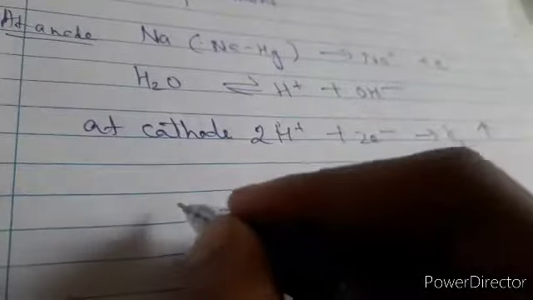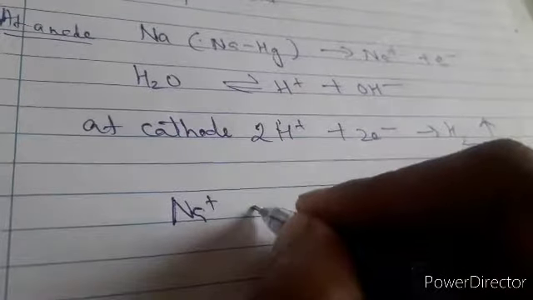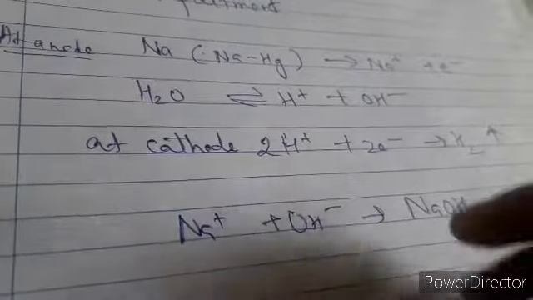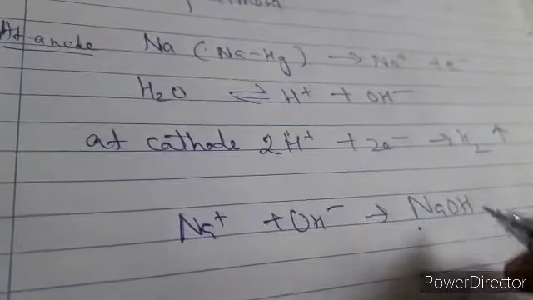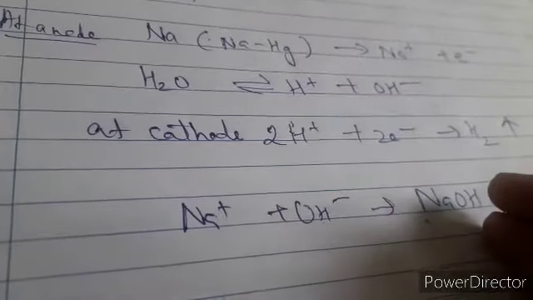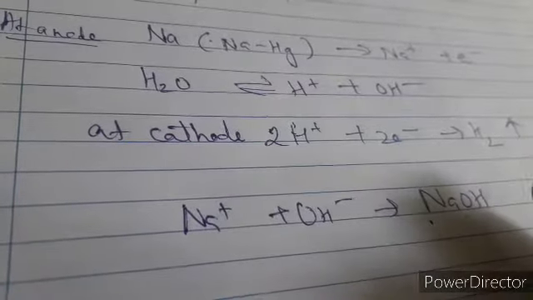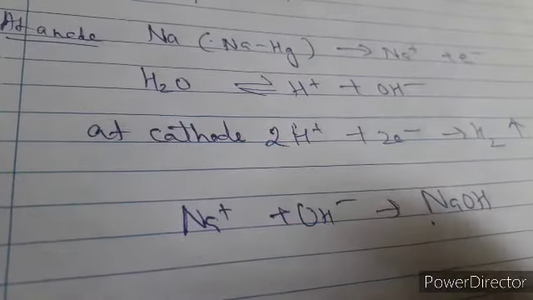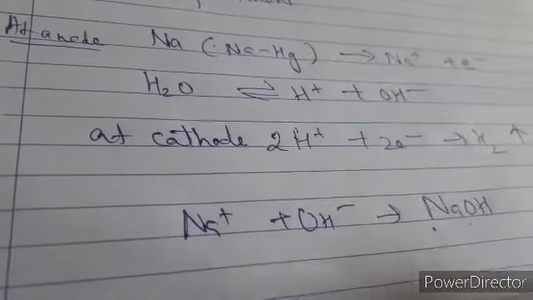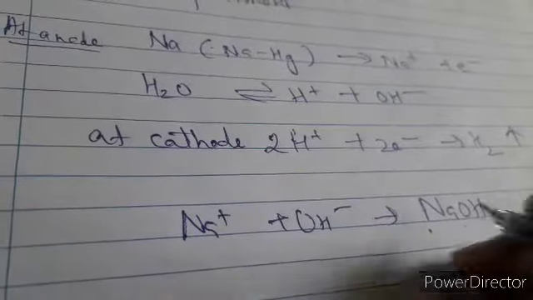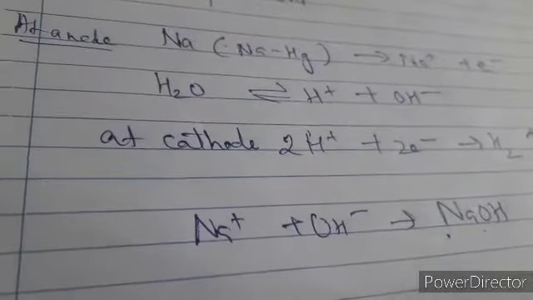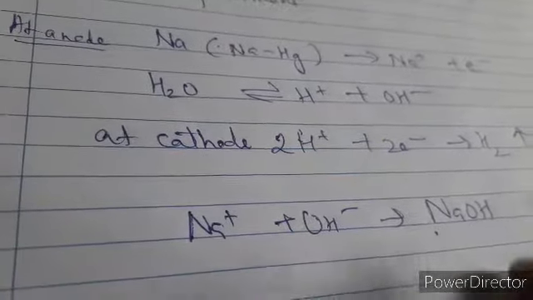Now, Na ions were formed over here, and OH ions are formed, so they form NaOH. That's why the second container is filled with the NaOH solution. The NaOH solution formed in the middle compartment can be concentrated. As soon as you concentrate the solution, the NaOH dries up and solid sodium hydroxide is formed. You can concentrate the solution by about 20% more, and later the water in it will evaporate and it will form the solid hydroxide.